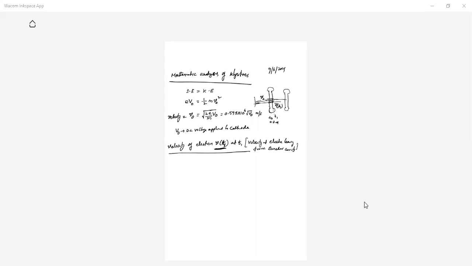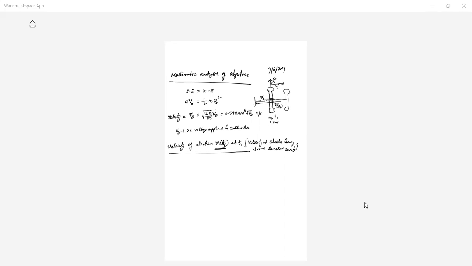That means, after velocity modulation, there is a variation of velocity of electron due to the RF signal. Suppose there is an RF signal here, with a positive peak, a negative peak, and a reference level. There is a variation of potential difference in the gap of the Buncher cavity, and based on it the electrons experience different velocities. That we can see.